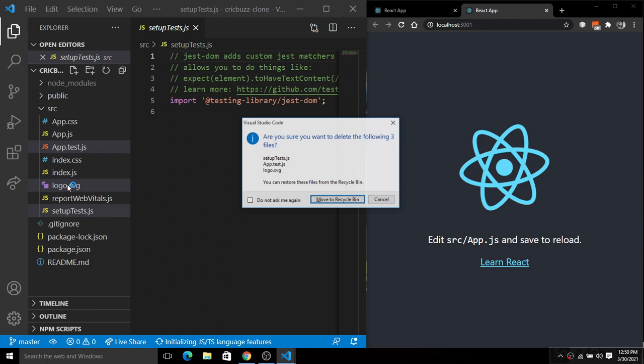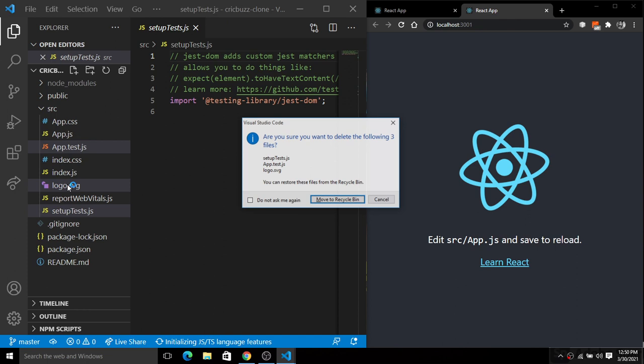Our next step is to go back to App.js, grab everything inside of the header, and delete it. For testing purposes, simply render a hard-coded text like this: hello from React app, or hello from ClickBuzz clone. Now we don't have a logo here, so delete the logo import also.